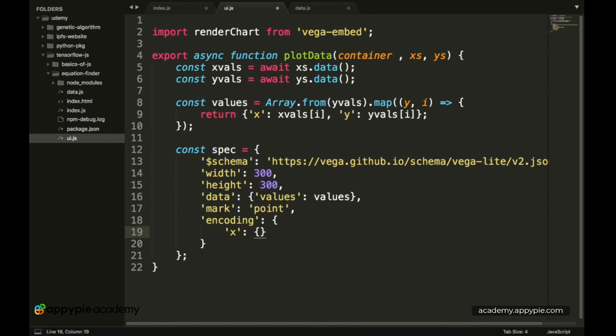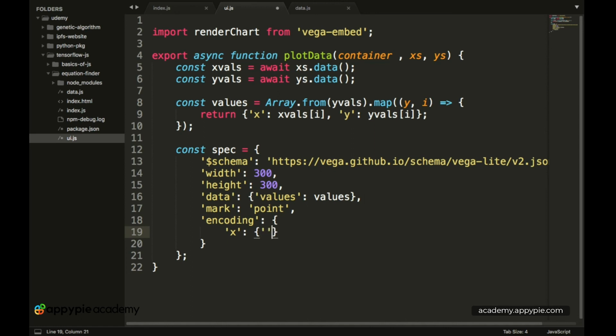Inside the JSON object we have to enter two new parameters, which are the field and the type. The field tells us about the axis where we want to display these particular values, and then we have to give the type of the value, which is quantitative in both cases.